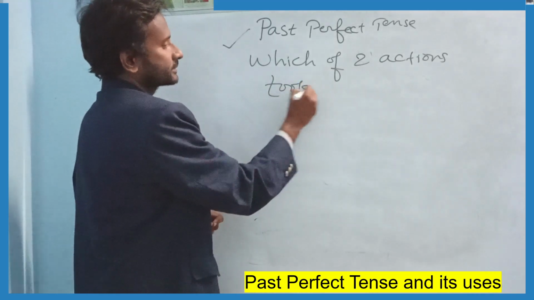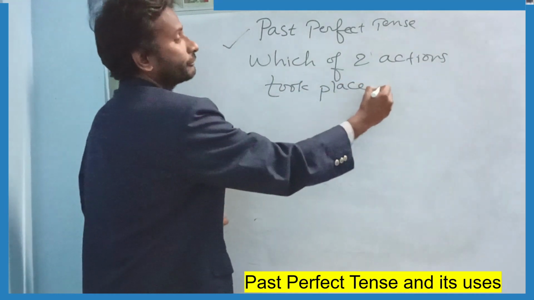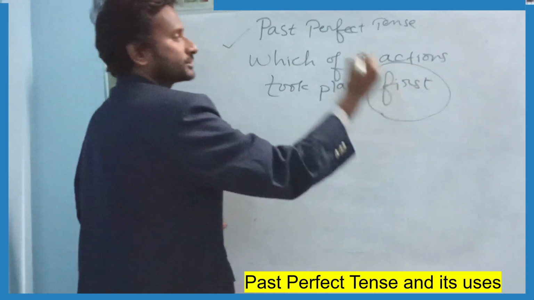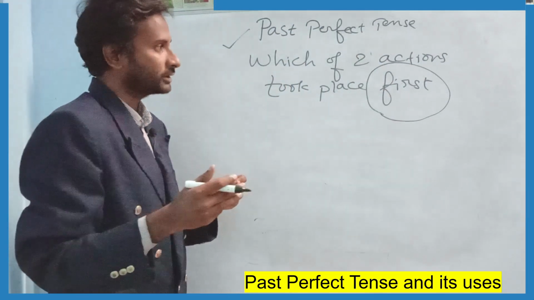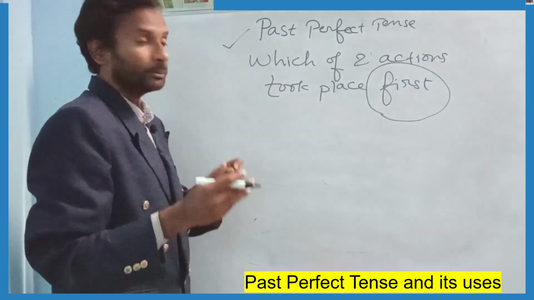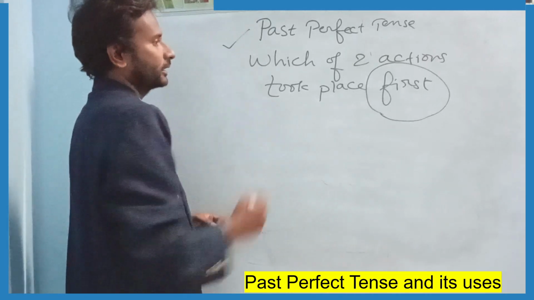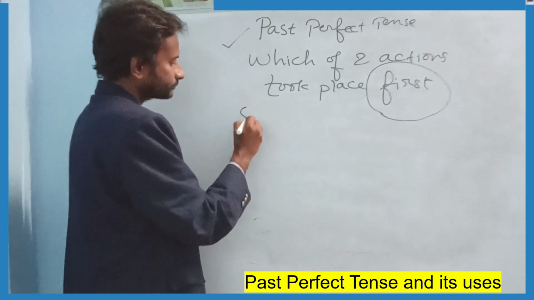This is very important in past perfect tense. What was the first action that had taken place between the two given past actions? Now, for example,